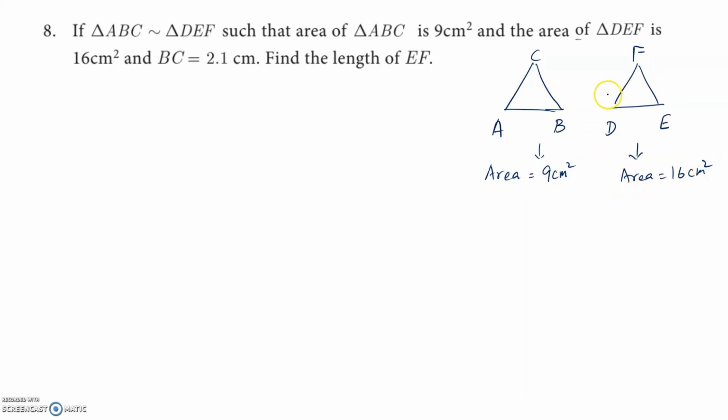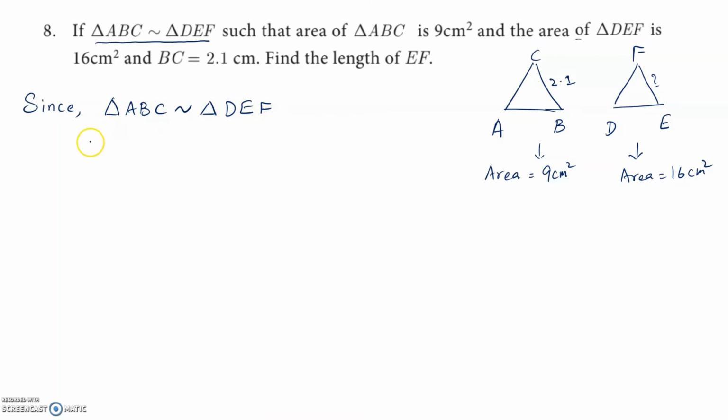Now the shapes are not to scale, this is just for representation purpose. Definitely this is a bigger triangle. Okay, now we are given that BC is 2.1. Alright, so then the corresponding side of the triangle DEF to BC will be EF. Since our triangle ABC is similar to triangle DEF,